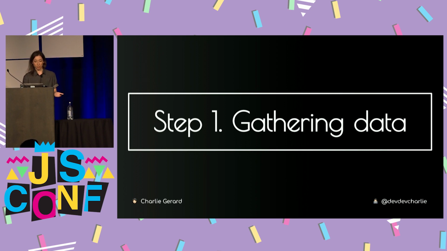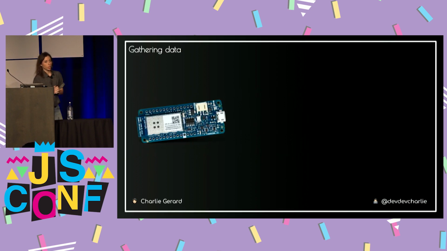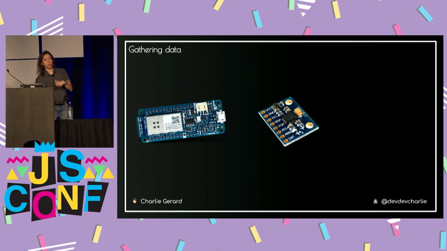So gathering data. We're going to do that with the Arduino. I used a Wi-Fi board because if you use a basic board like the Uno, it has to be tethered to the computer, and I want to be able to move around. I want to be able to play from anywhere. If I wanted, I could play from the back of the room as well. But the Arduino itself is going to run a program, but it doesn't actually have any built-in sensor to track motion. So instead, we're going to add as well an MPU 6050, which is an accelerometer and gyroscope combined together.